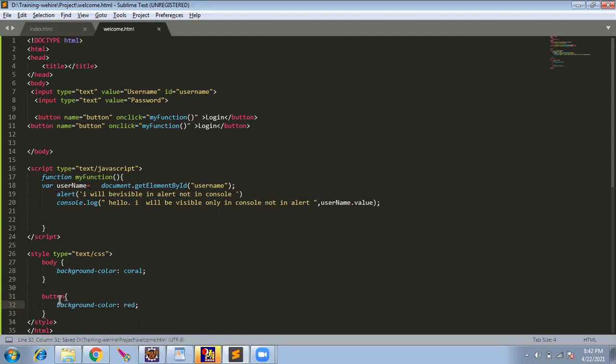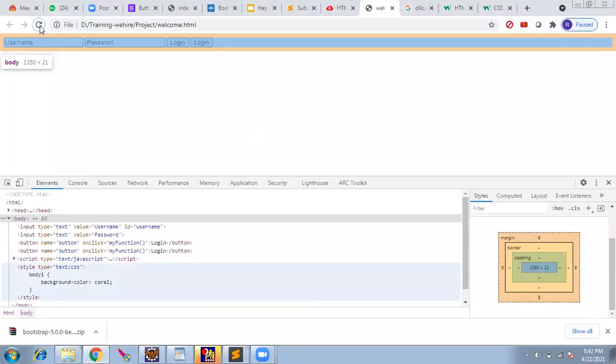So wherever it sees a button tag, it will apply a background color of red. See, red has come. I'll make it blue so that it's visible, because coral and red are conflicting. Okay, we got it. But the text is black color, correct? So for that,